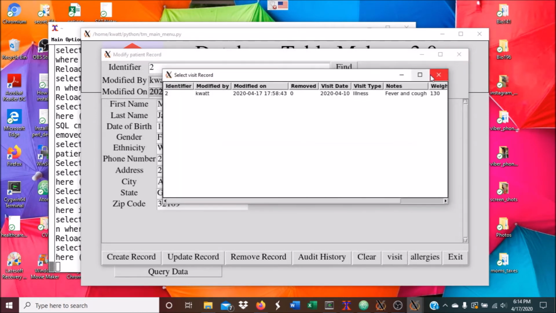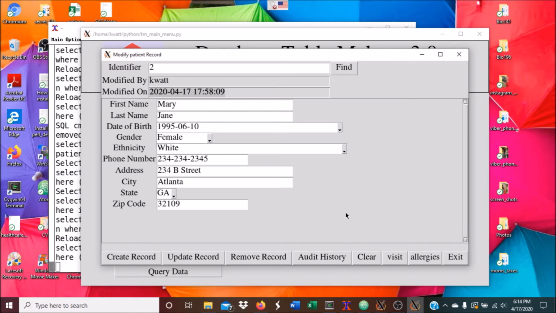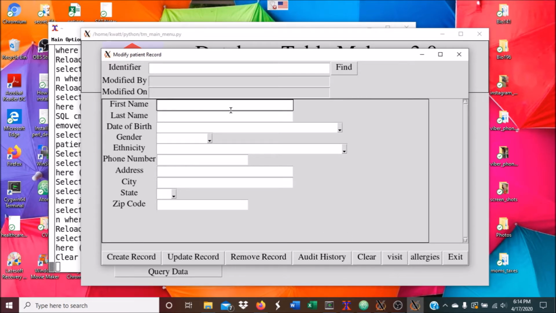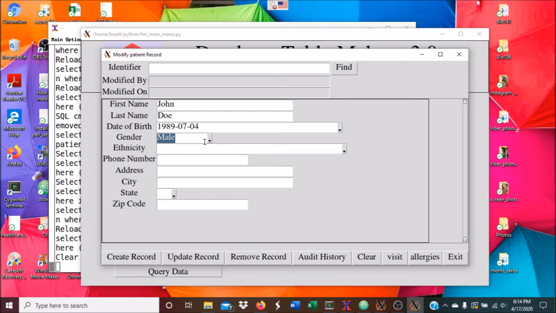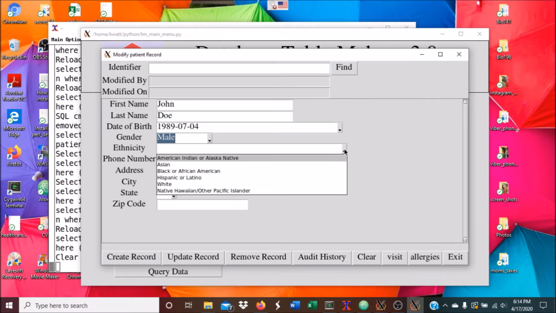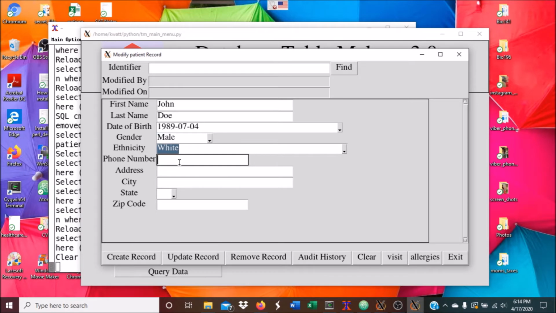Okay. So let me enter a new patient. Let's click Clear here, and I'll put John Doe, and his date of birth we'll put as 1989, July 4th, and he is a male. So I have some pull downs here for these. His ethnicity is white, and let's put a phone number